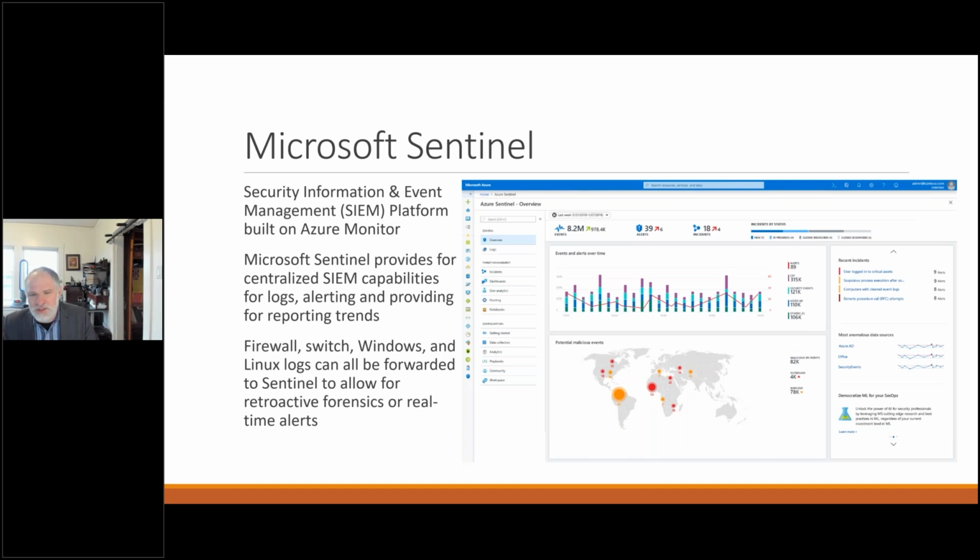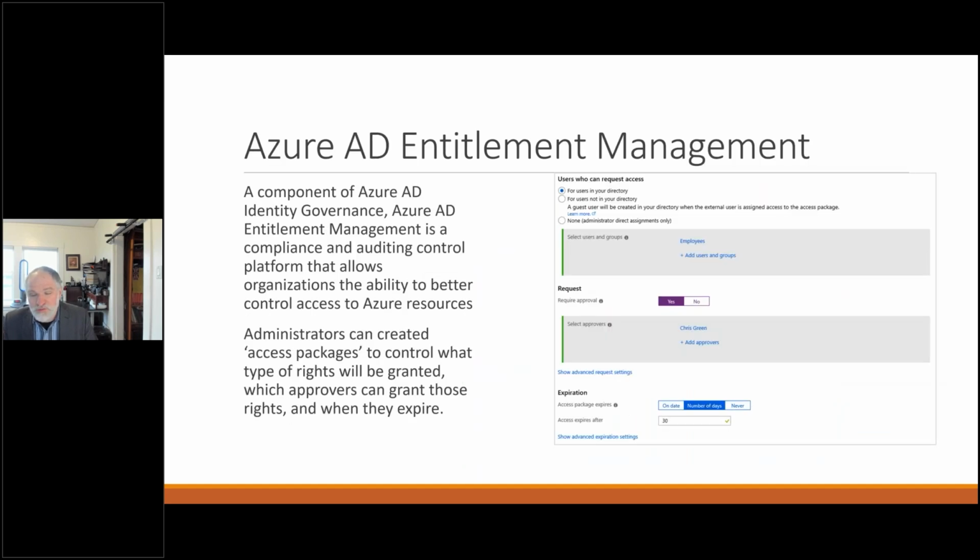But it's a critical part of a centralized Microsoft security platform. And then there's other tools that will do that just-in-time type access. One of the Microsoft tools for this is called Entitlement Management. I did not name this. I don't necessarily like the name. It seems a little bit clunky, but it is a place that allows better access